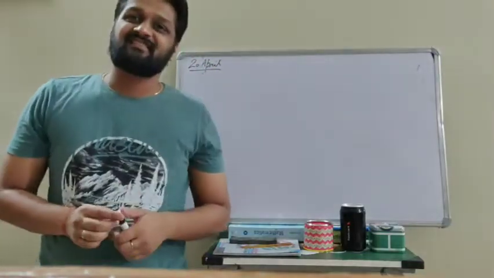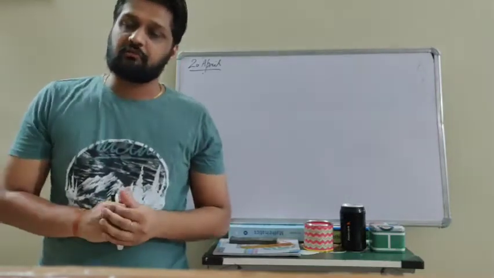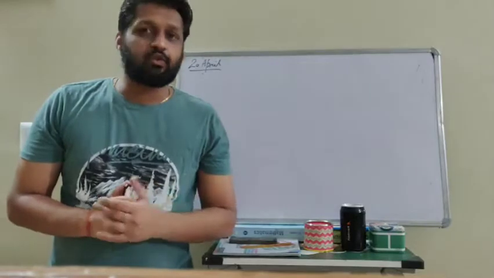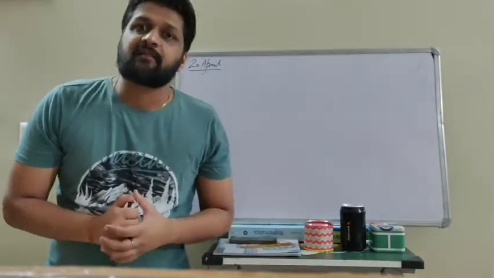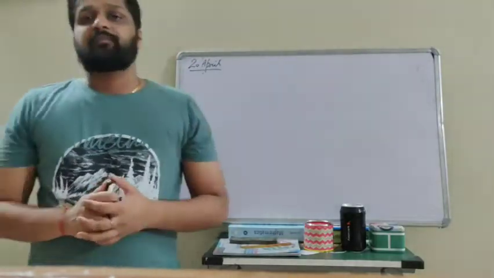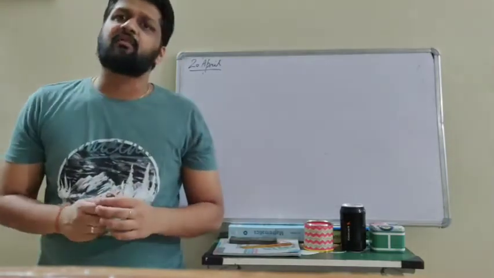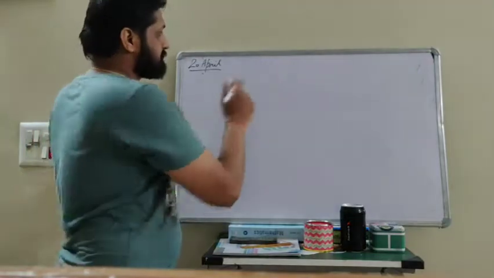Hello, good morning, students. So till now we have done chapter number 4, rational numbers, chapter number 6, squares and square roots, chapter number 7, cubes and cube roots, and chapter number, I guess, the 12th, that is exponents and the powers. And now we are doing another chapter, that is chapter number 10th, and it will also come in the PA1 syllabus, and the name of the chapter is visualizing solid shapes.